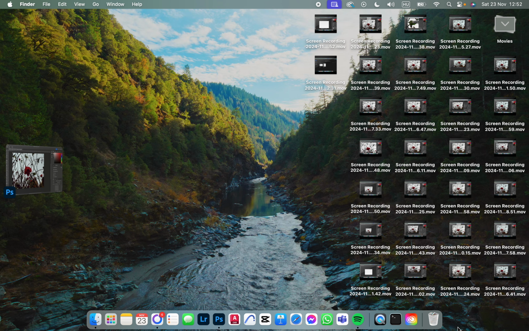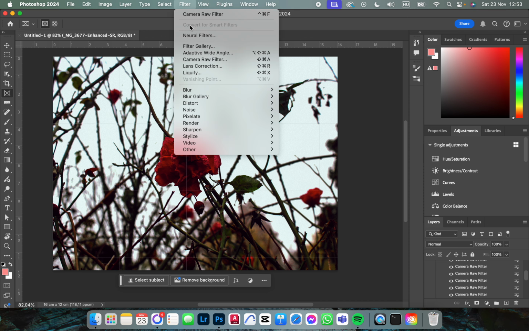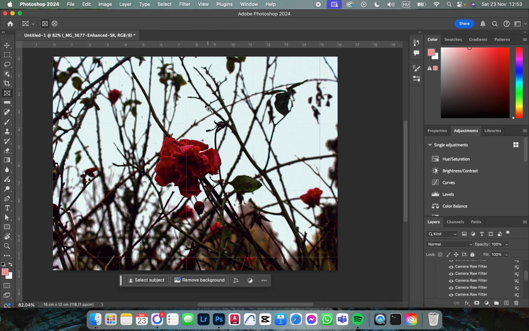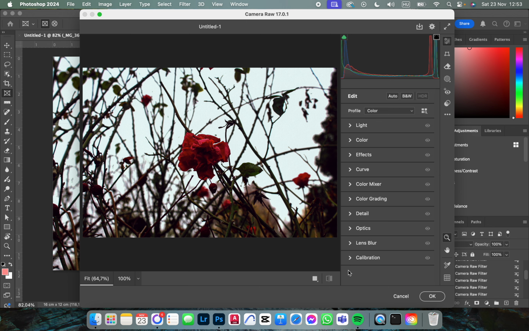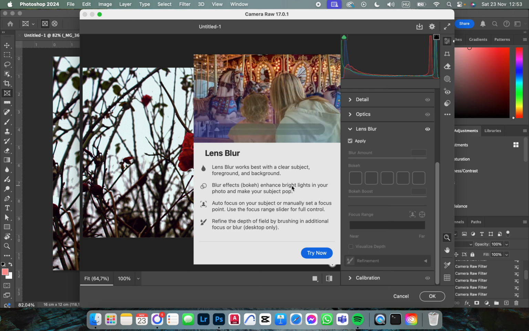Going to show you how to add the camera lens blur in the Photoshop app. First, we have to open up the app, and here it opens up like this. From here, we just go into the top row, click on Filter, then we click on Camera Raw Filter, and here in the right side, we have Lens Blur. We click on this, then we click on Apply,